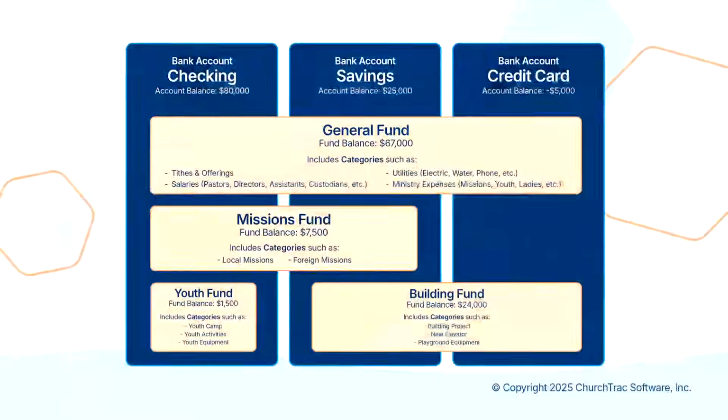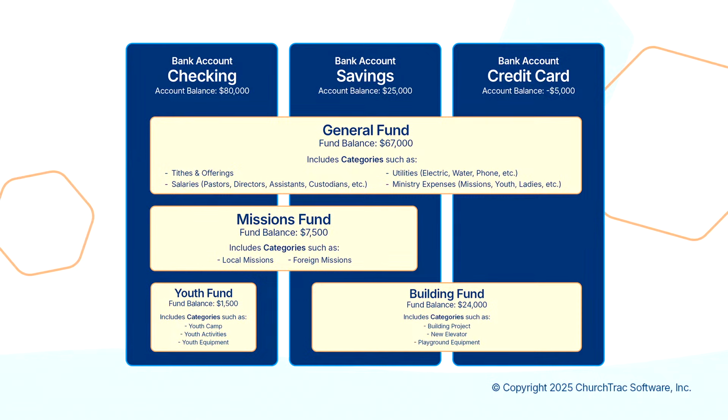We can show our visual guide again. You can see that funds can span across multiple bank accounts. Each fund has its own dedicated tracked balance that is separate from your bank account balances. You can see the current balance of each fund on your accounting screen dashboard, and we're going to show that in just a second too. As you can see here though, the funds each have a separate balance separate from your bank account balances. You have 3 bank accounts in this example. We have 4 funds in this example.